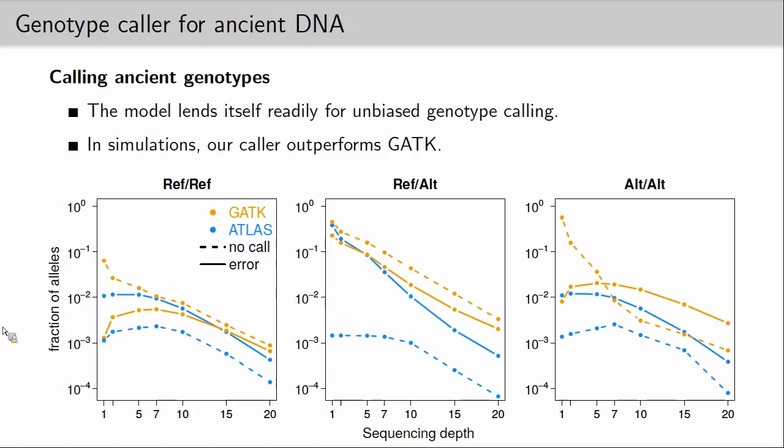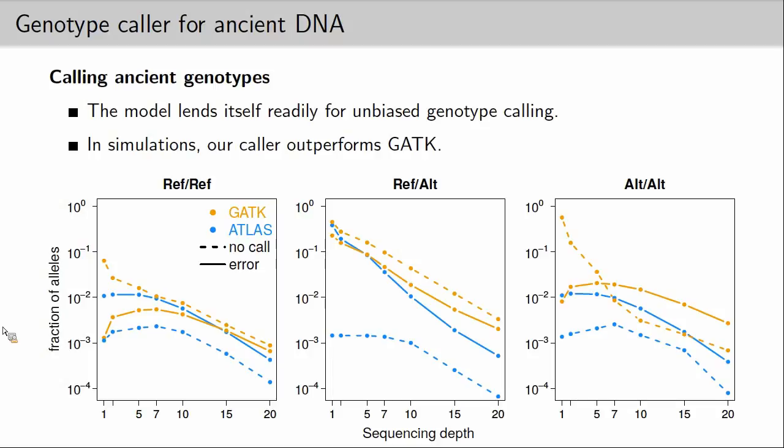You also see this in the amount of sites where there is no call being made by the tool. So GATK has a large number of sites at which it just does not produce a call. While we are willing to call a lot of sites, even if that may lead to a slightly higher error rate in the reference case,